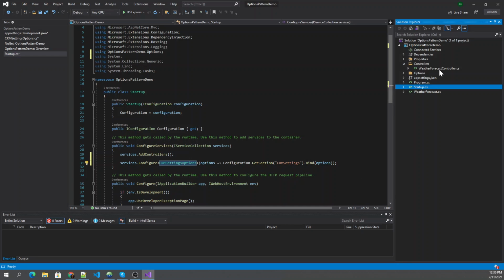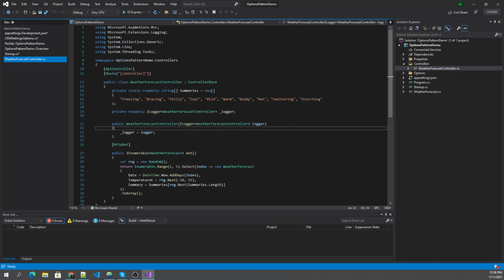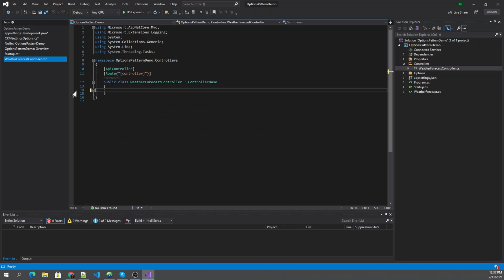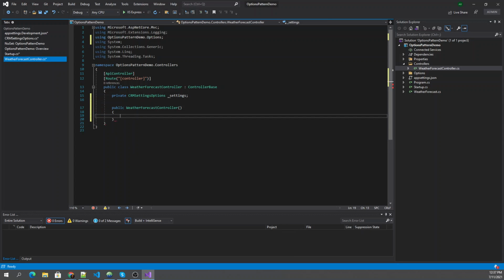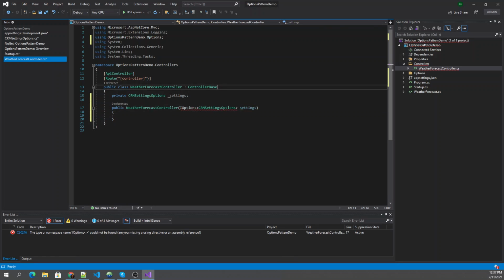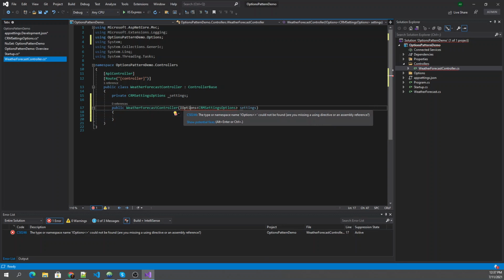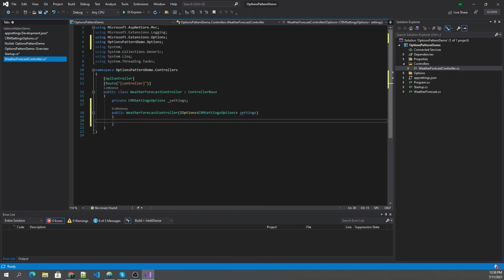custom class. Go inside the controller, the WeatherForecast controller, and I'm going to get rid of all this code and paste in a private property named settings, and I need to import this, and create a constructor and copy a few lines into the constructor as an argument. I need to import this IOptions as well, so I'm going to click on this and import that. Using the Value property of the settings class, you can access all your configurations. So let's do that now. _settings equals settings dot